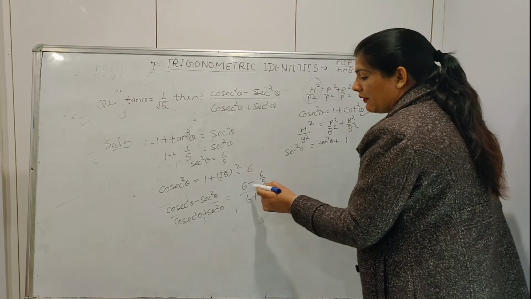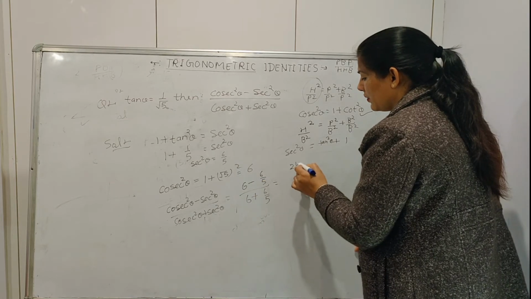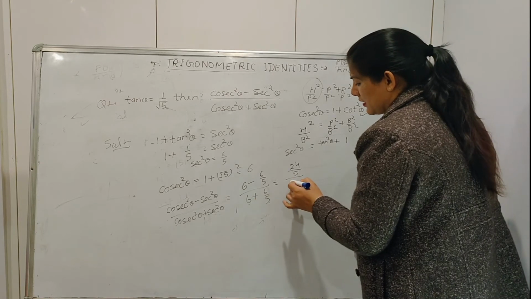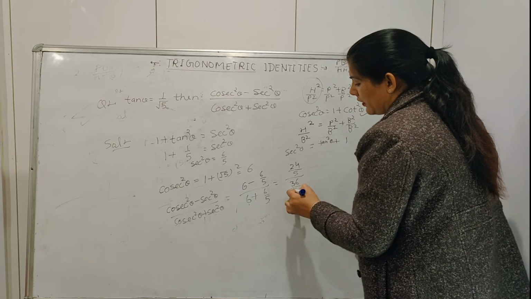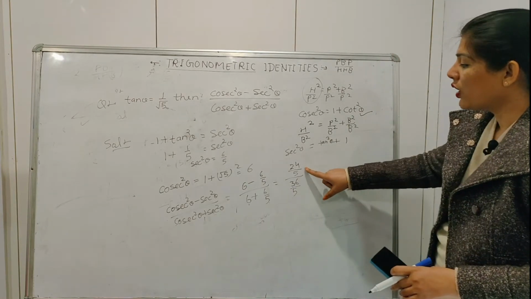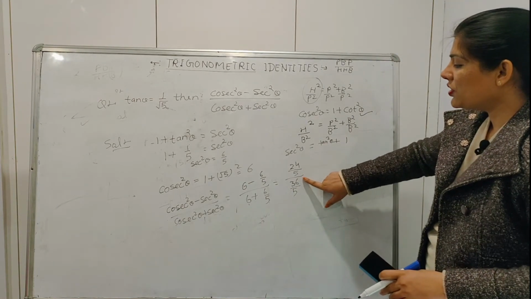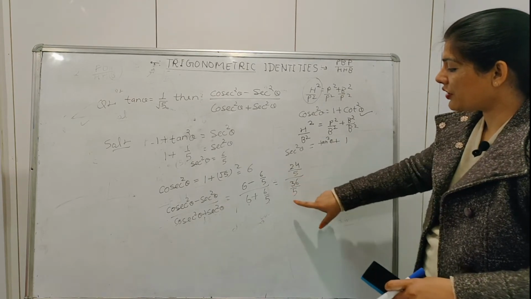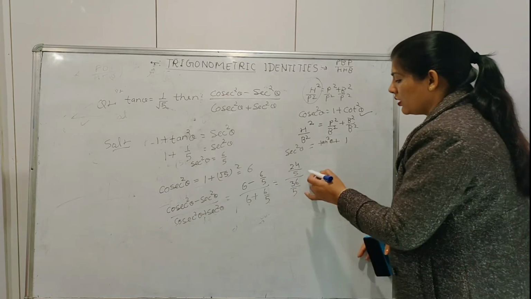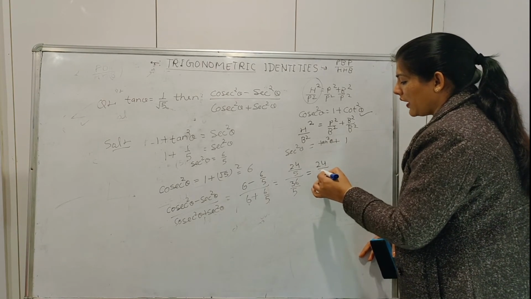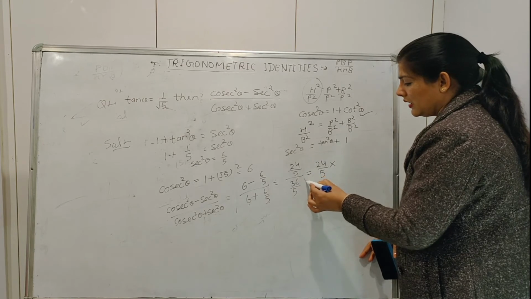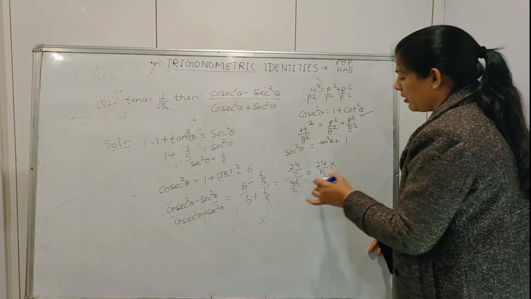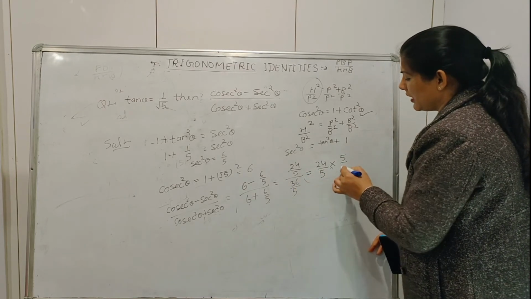You will get 5 sixths is 30, minus 6 gives you 24 upon 5, and 5 sixths is 30 plus 6, 36 upon 5. And if we have the division of two fractions, then this division will be changed into multiplication, but the denominator fraction will be reciprocal. So it is equal to 24 upon 5. This sign is changed into multiplication, but you have to reciprocal it. So it becomes 5 upon 36.